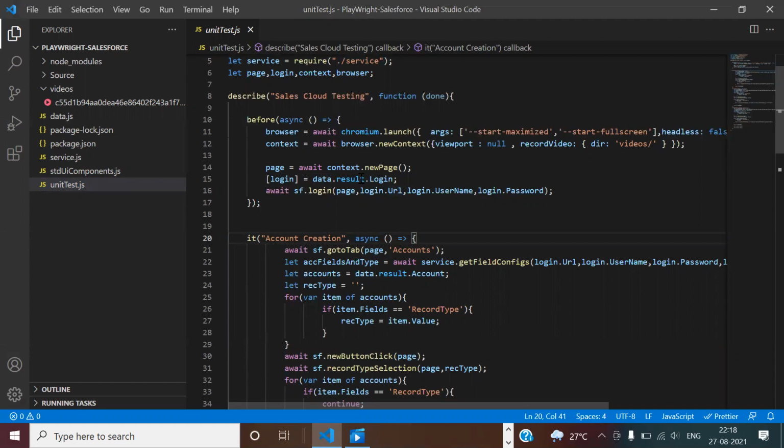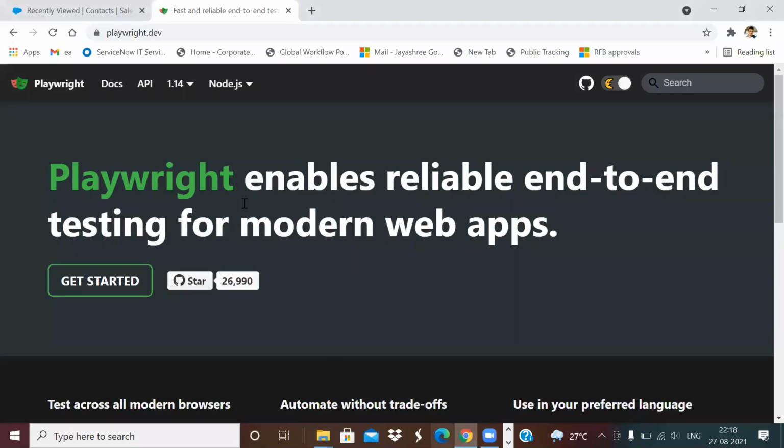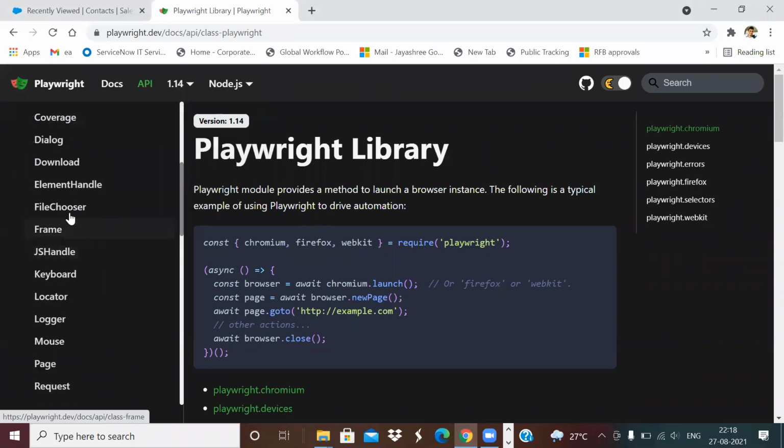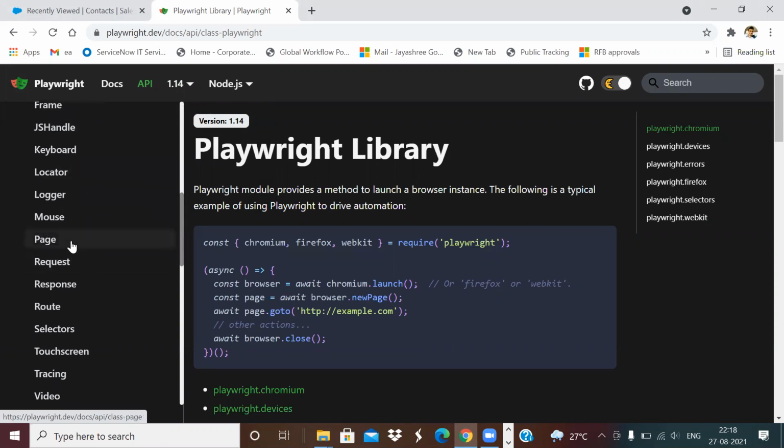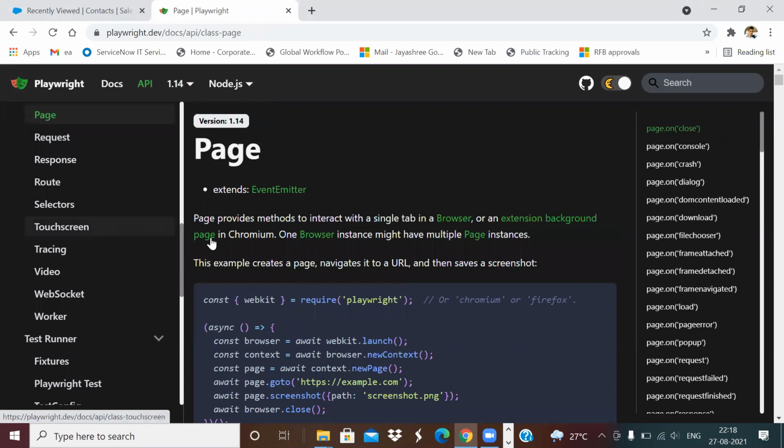Well, I'm not going into much detail into Playwright, but I think Playwright documentation is very good. So I will definitely recommend you guys to look into the Playwright documentation, where there is clear documentation on how you can click on an element, how you can get into a page, how you can access the iframes.